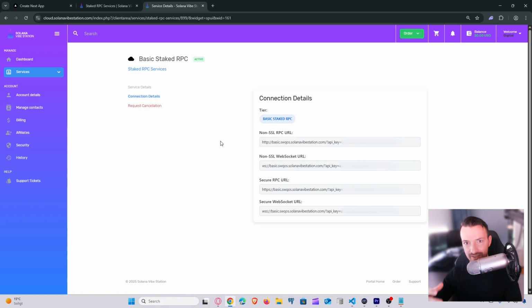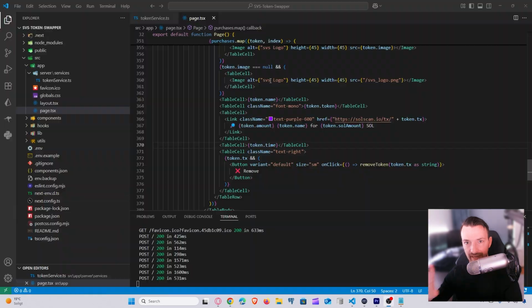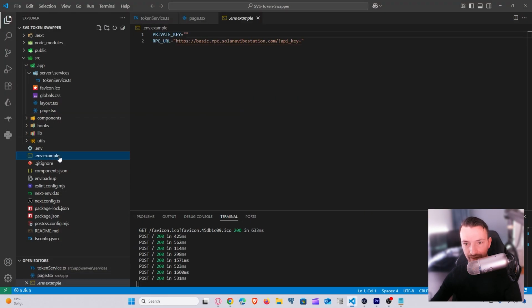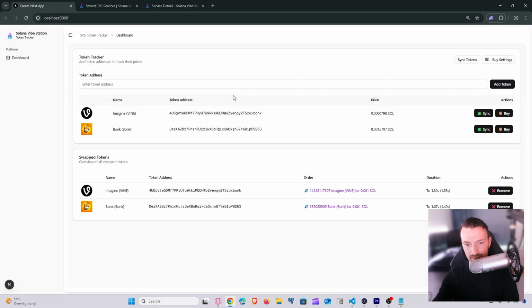So what we will do now is copy the secure RPC URL and add it to our app. And remember, the RPC URL is configured within the environment file. So what you will have to do is update the RPC URL variable, making sure that it points to the staked RPC connection. Now, if we restart our app once again and import the same two tokens,